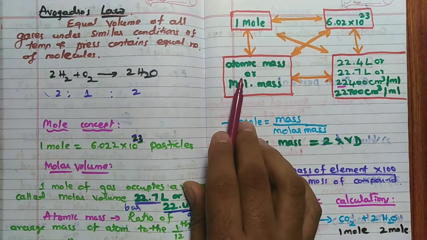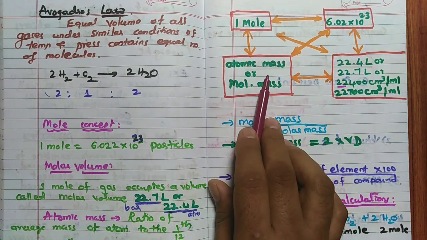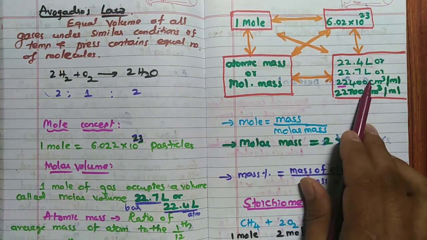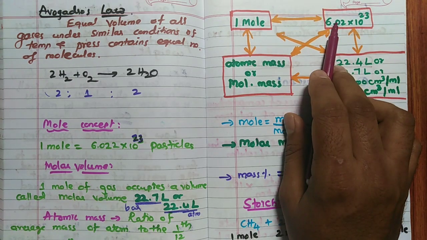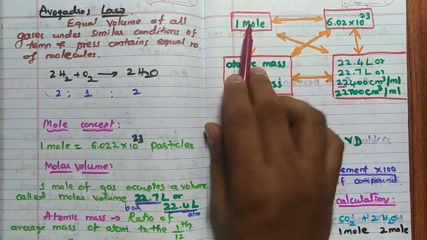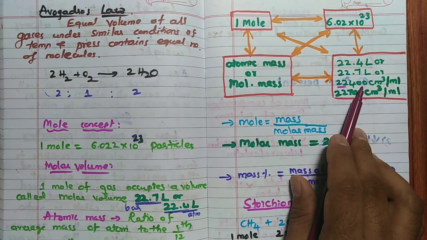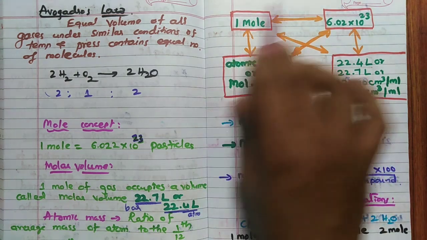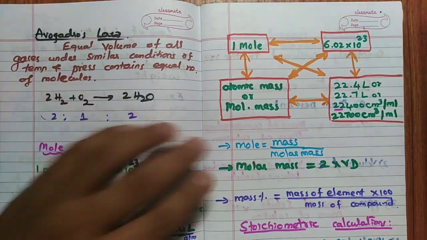Now, the atomic mass of any substance is equal to 1 mole and will have these many particles and, if it is a gas, occupies this volume. 6.02 × 10 to the 23 particles are present in 1 mole of any substance, which is equal to the atomic mass or molecular mass, and which occupies this volume, like this. So very, very important point. You can solve any type of mole concept question based on this. Then I will tell you one example on this.